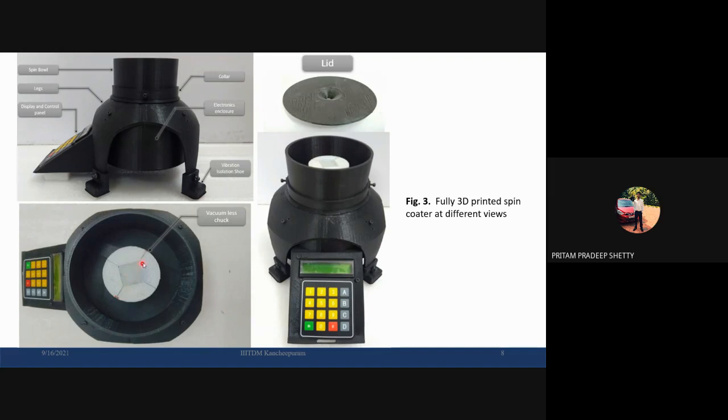Then the leaf, which I was talking about. You can see the channels right here. These channels allow the easy flow of excess fluid. When I drop liquid at the center, here you can't see the substrate, I didn't include it. The substrate is actually a glass slide of 2 by 2 centimeter. When you drop a fluid over it, it should flow out because this is spinning, right? So these channels allow easy flow. That was from a leaf which is normally found in rainforest.